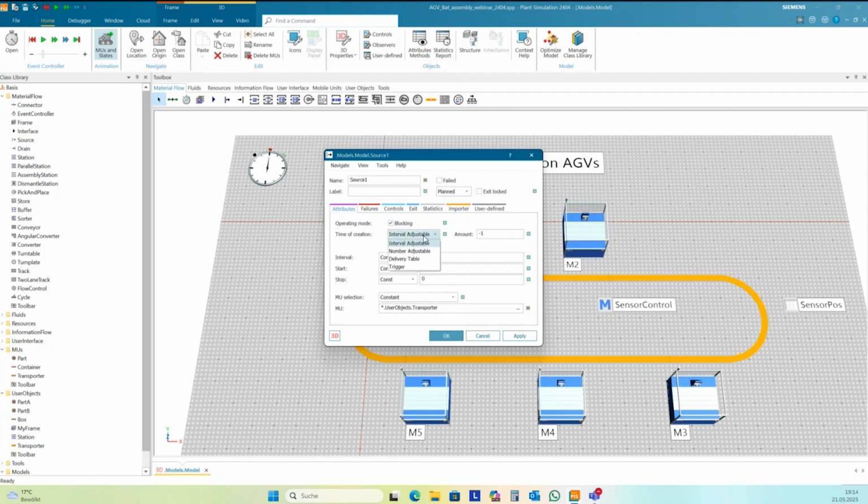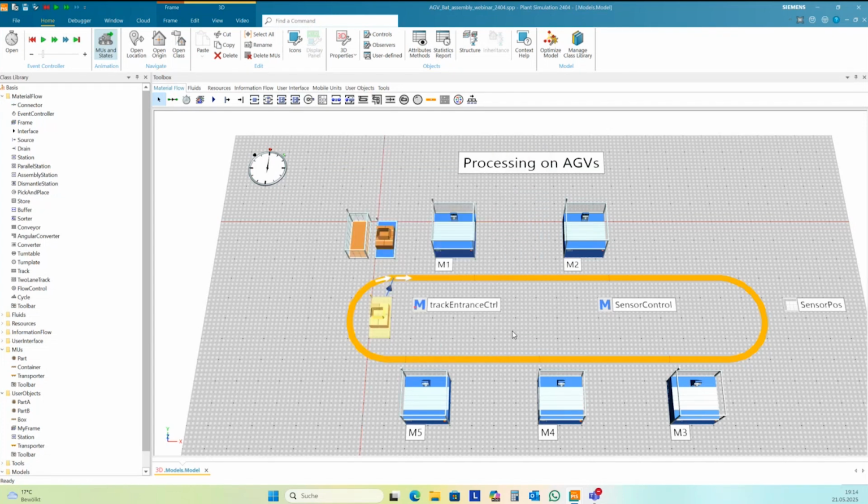And so I change this from interval adjustable time of creation to a number adjustable in the source, and I want to create 5. So I have now my basic setting.